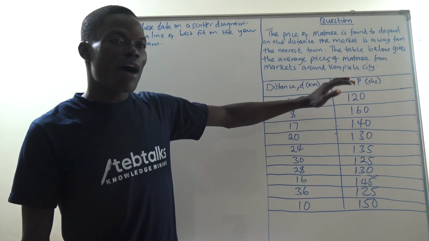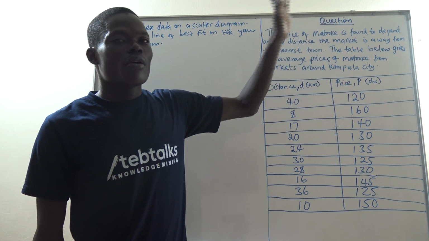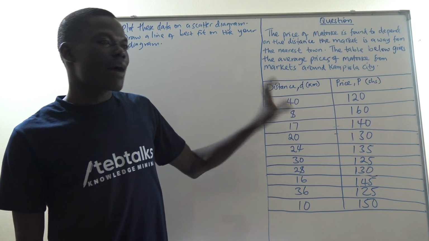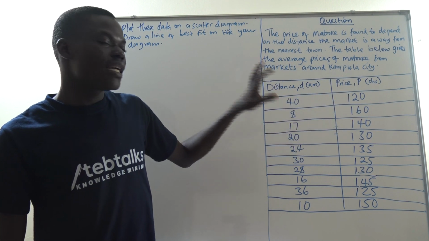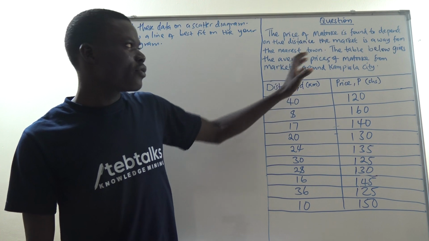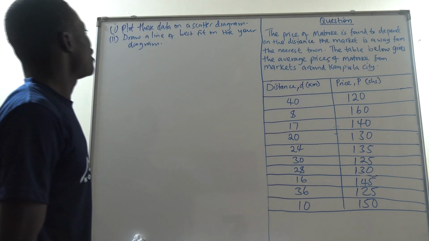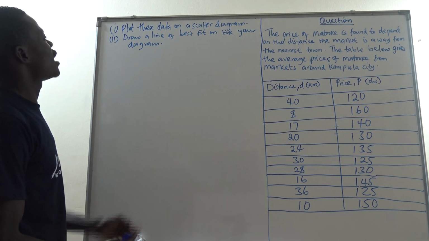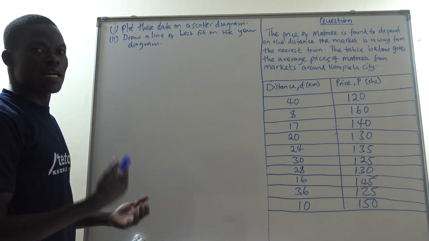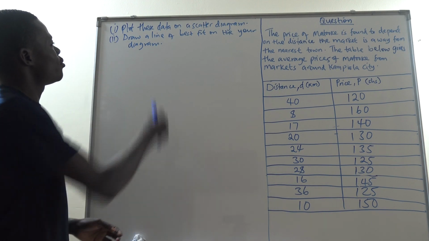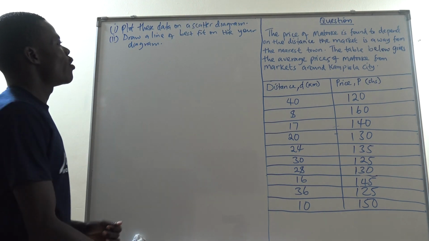So this is how the prices of matoke are varying from the markets away from the nearest town. That town which we have used now is Kampala city. Then the first question says plot this data on a scatter diagram, and the second part says draw a line of best fit